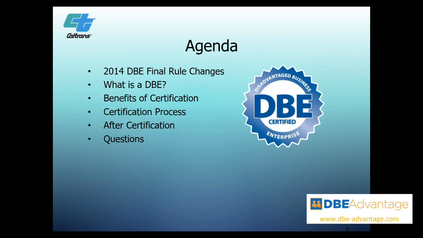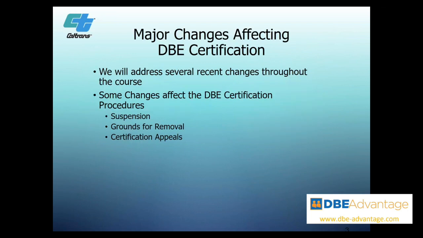We're also going to address, why are you getting certified? Why would you pursue certification? And then, more importantly, what is the DBE certification? What exactly do you get when you get certified as a disadvantaged business enterprise? And then finally, we're going to talk a little bit about the process, and when you go through certification, what is the process that you're going through so you understand it a little bit better. And then we're going to address, what happens after certification. What do you do once you have your certification? What are the next steps? What are the things that you'd like to do, or what are the things you should do after being certified?